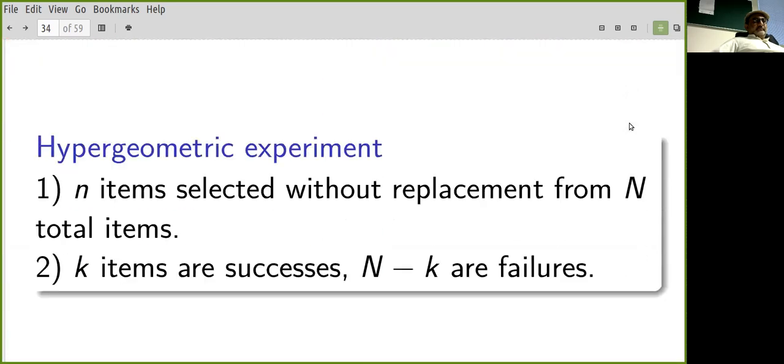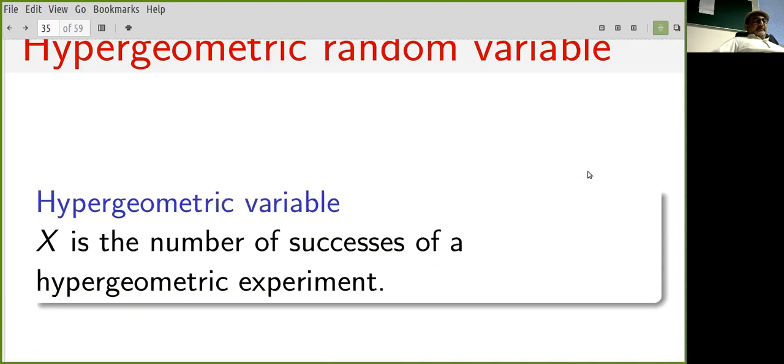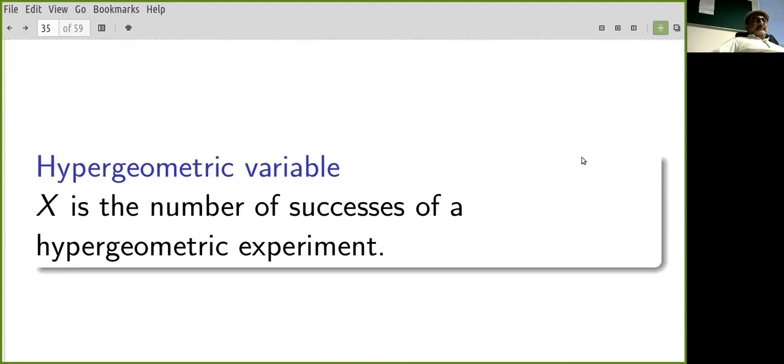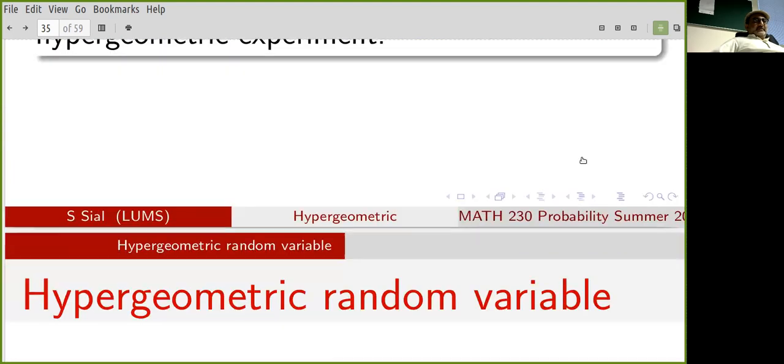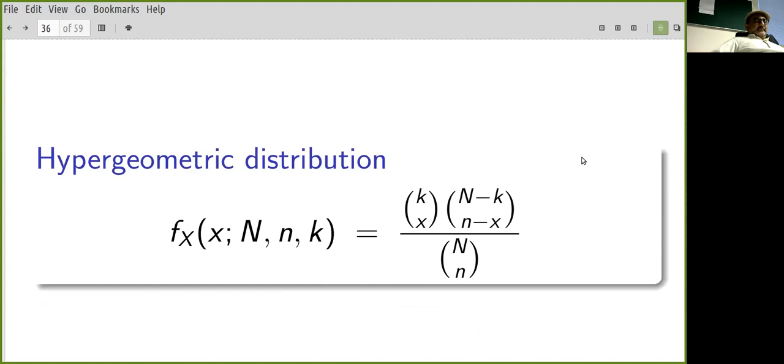Okay, so there are small n items selected without replacement from capital N total items. K of the items can be called successes, N minus k can be called failures. And capital X, the hypergeometric random variable, is the number of successes of a hypergeometric experiment. So the probability mass function for that,